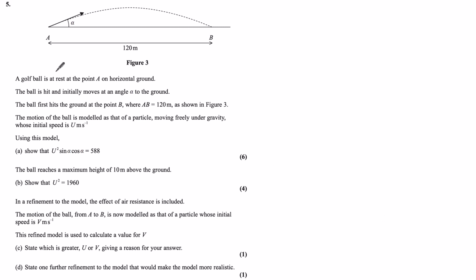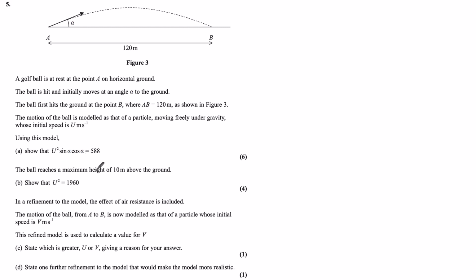Question 5. A golf ball is at rest at point A on horizontal ground. The ball is hit and initially moves at angle alpha to the ground. The ball first hits the ground at point B, where AB is 120 meters, as shown in figure 3. The motion of the ball is modelled as that of a particle moving freely under gravity, whose initial speed is u meters per second. Using this model, part A, show that u squared sine alpha cos alpha is equal to